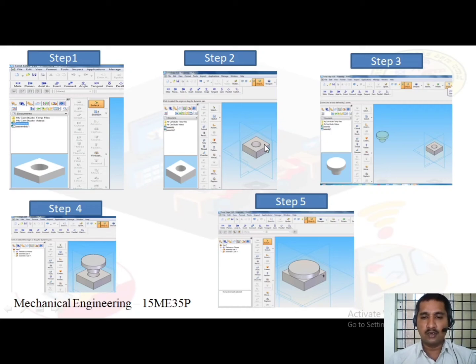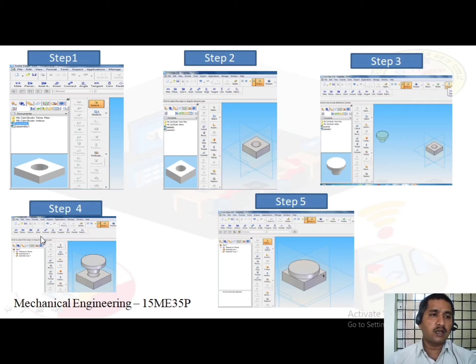See here, the base model is inserted into the assembly environment. Step 3, double click on the second part. See, this is the second part. The second model is inserted into the assembly. Once you insert the second part into the assembly environment, move on to step 4.